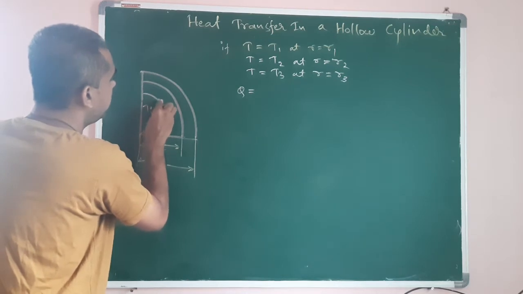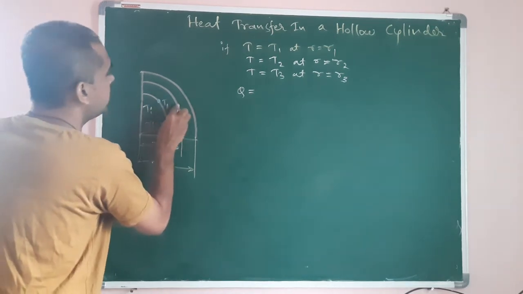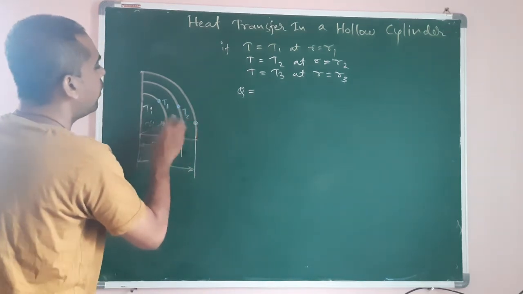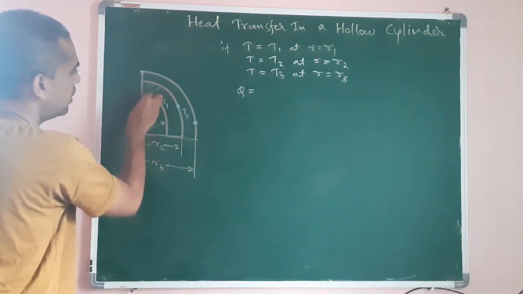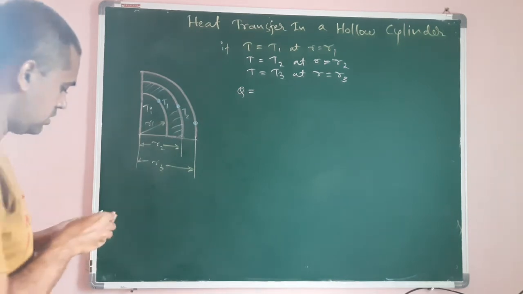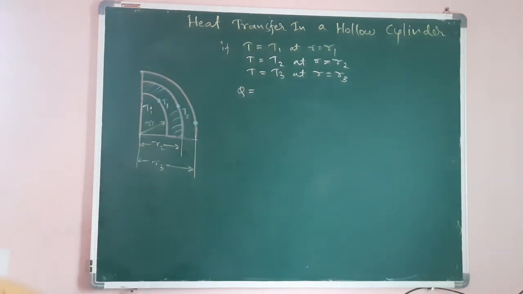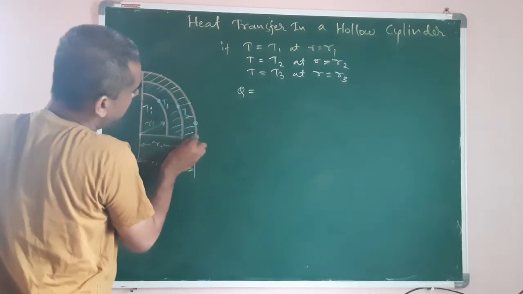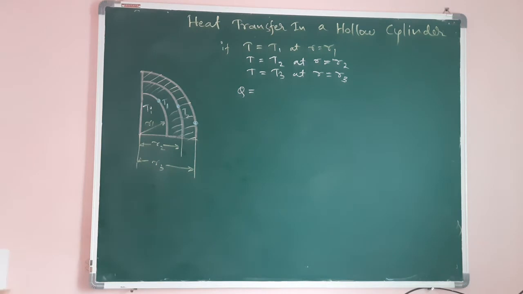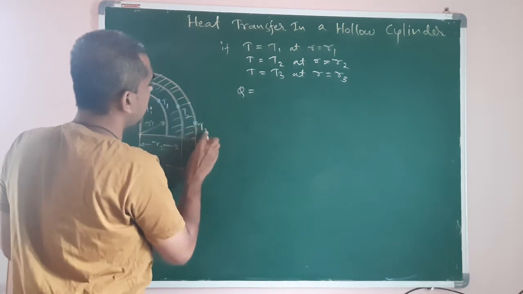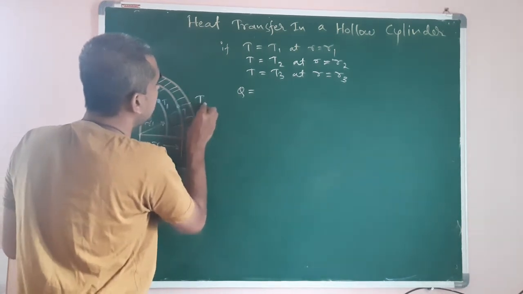The temperature at this point is T1, at this point T2, and it is made up of two layers. This is one layer and this is the second layer. One radius is R1, another is R2. The temperature at this point is T3,